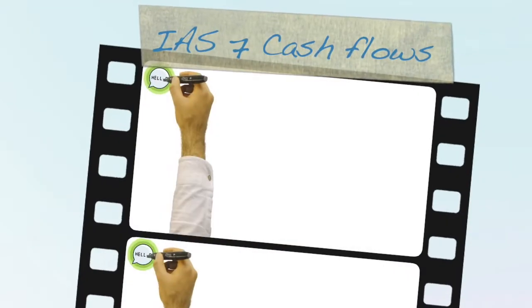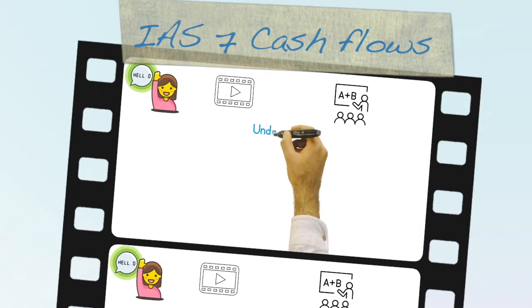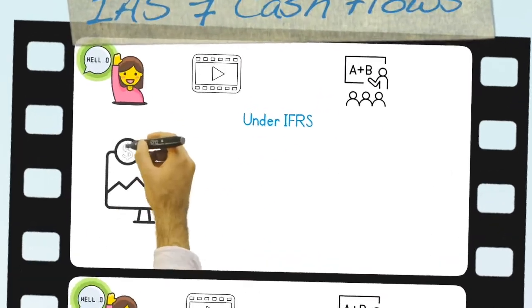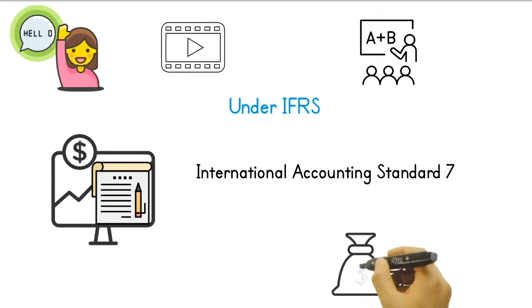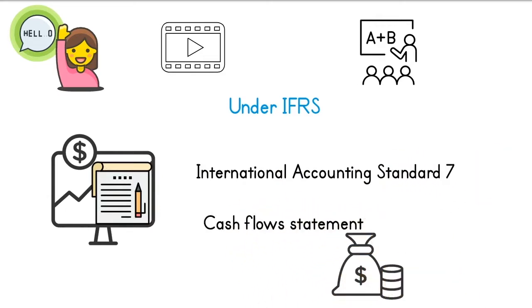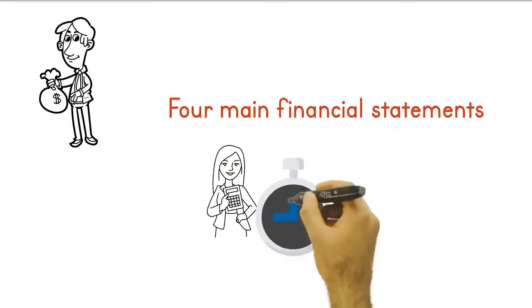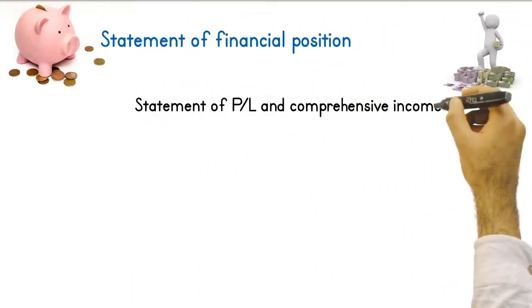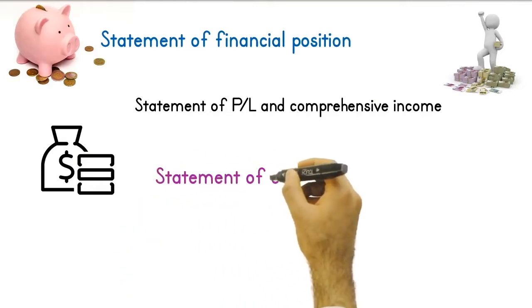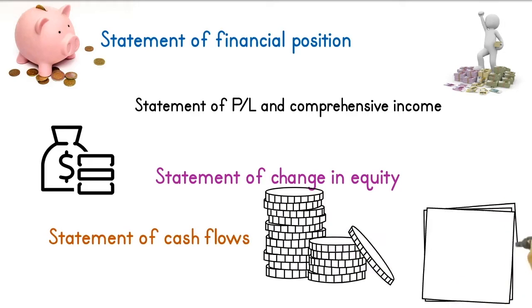Hi there, welcome back. In this video I'm going to explain one of the very important financial statements under IFRS. That is International Financial Reporting Standard 7, the Statement of Cash Flows. As you are aware, there are four main financial statements in financial reporting. These are the Statement of Financial Position, the Statement of Profit or Loss and Other Comprehensive Income, the Statement of Changes in Equity, and the last one is the Statement of Cash Flows, which I'm going to talk about in